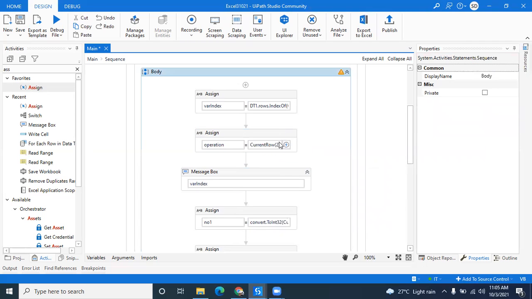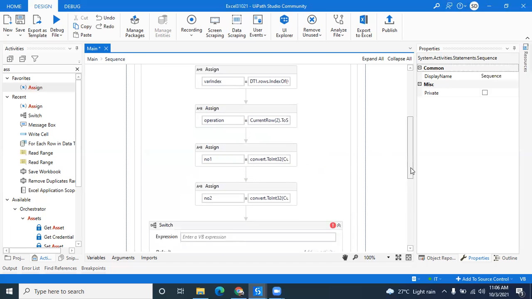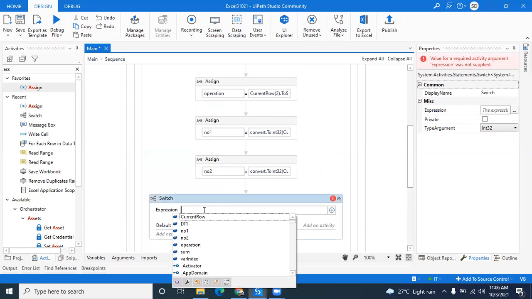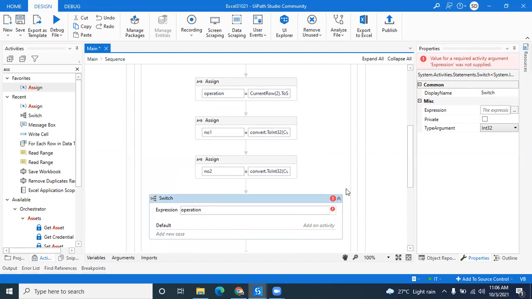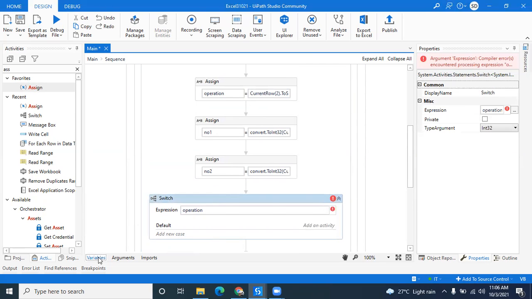Yes, sir. So for operation, actually, the operation that we want is included in the second index of our column. So that is included in operation. Now let me delete this message because it interrupts. What I have to do is think which operation is there, and according to that, perform the operation. So let's pass this variable in Switch.